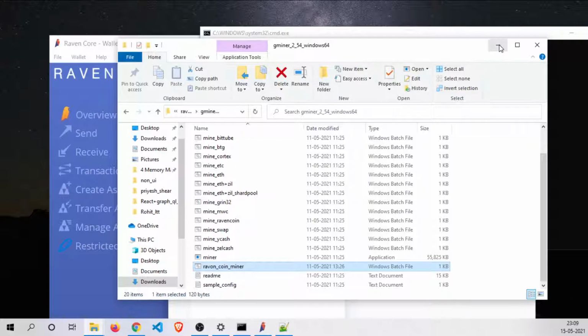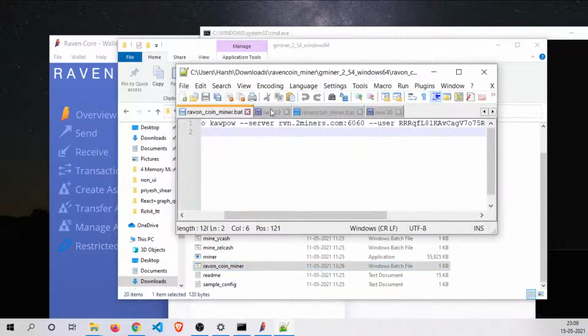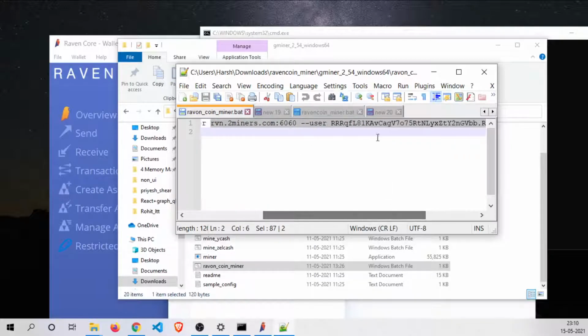In G miner, all you have to do is set up a bat file. It defines which miner you want to execute, which algorithm, Ravencoin works on the KawPow algorithm, and at what pool you want to execute it. And the third one is the wallet address.